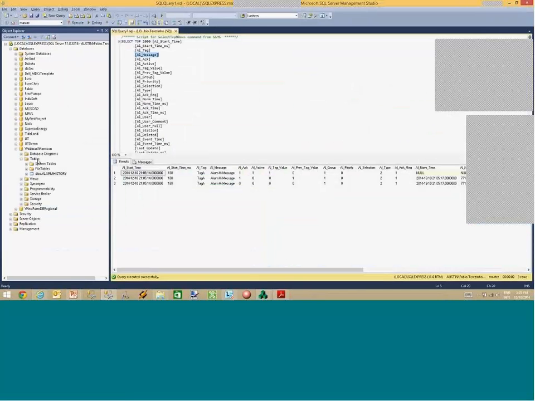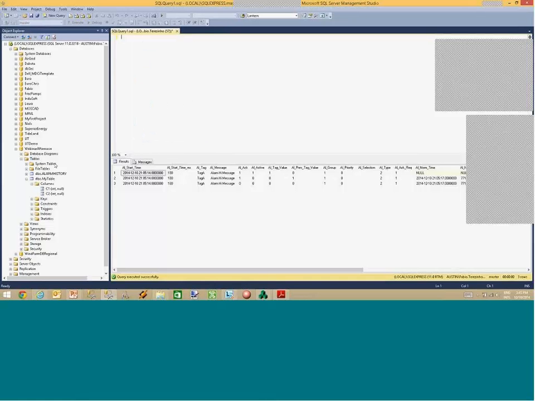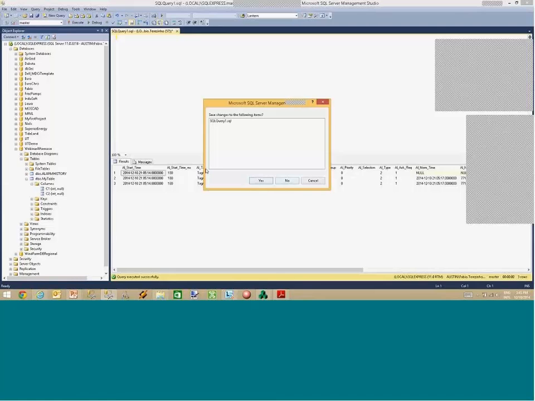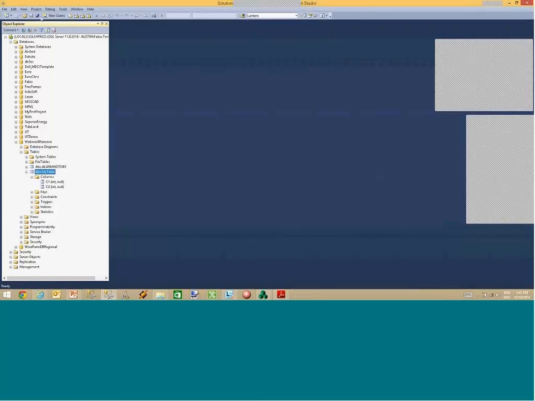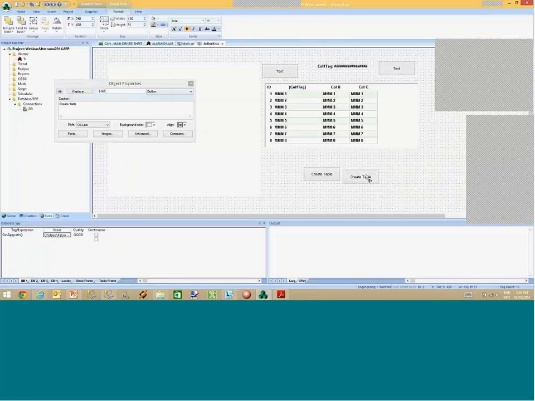If I go to my database here in tables and refresh, I have my table with the columns C1 and C2. And right now, if I query it, if I come here to my table, select everything from my table, it is empty. I have no values there. So if I want to insert values,